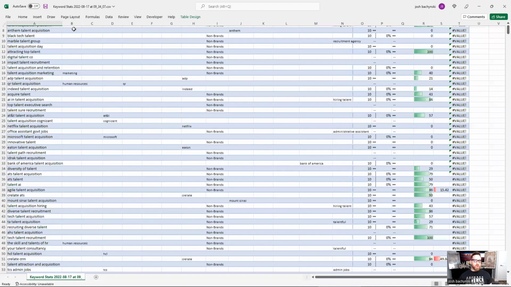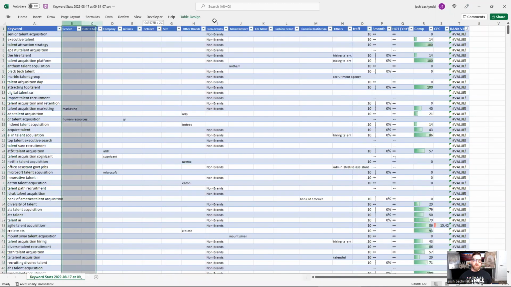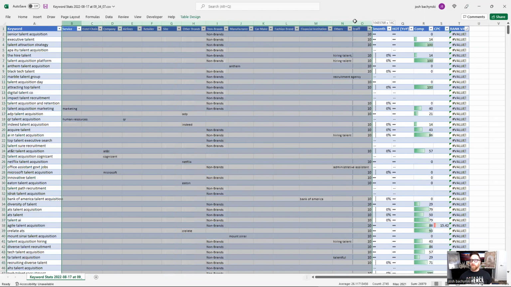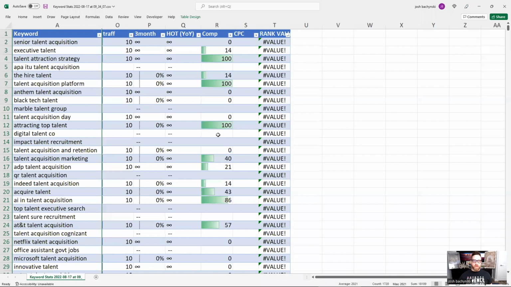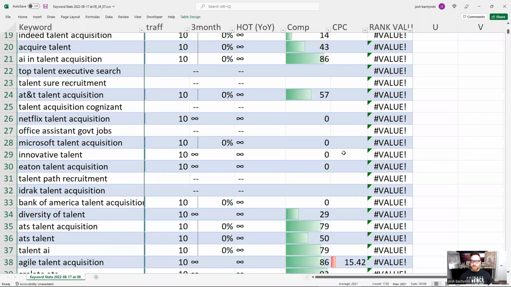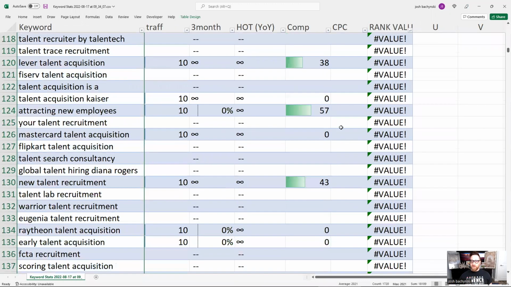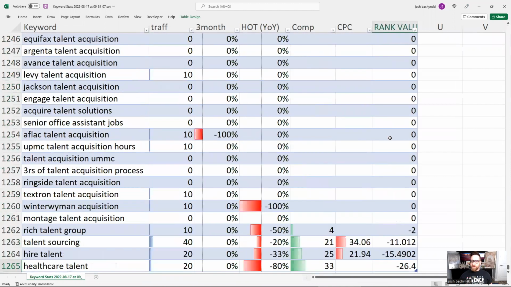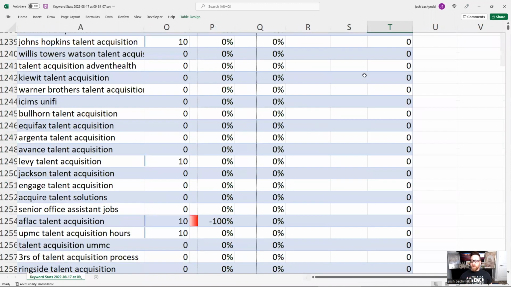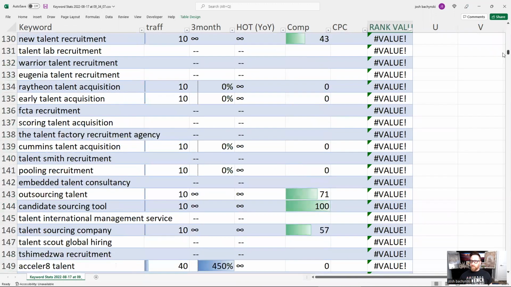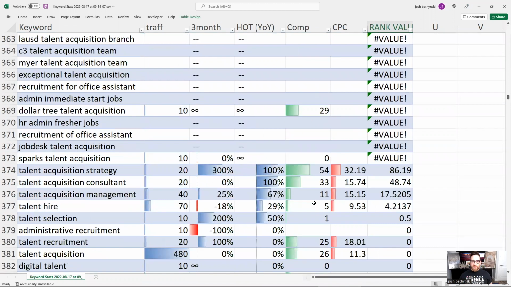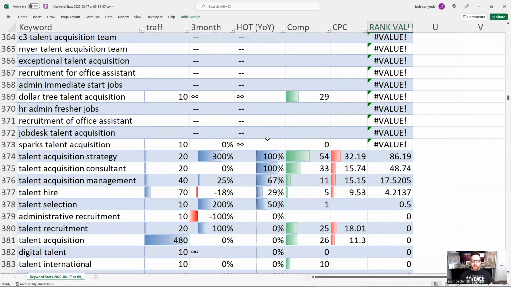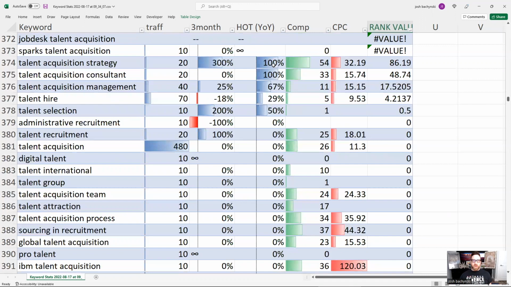So this information here is not going to be useful for this next part. I'm going to say hide this stuff here. There, hide that now. Boom. Okay, I'll make this bigger so people can definitely see it. And it'll go down to where we were. Here we go. Okay. So this is what is hot year over year. This is what is 100% hotter, and the last 3 months it's exploded.